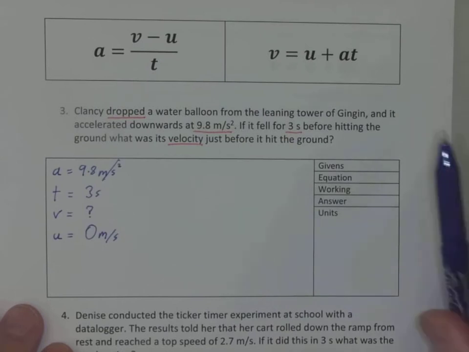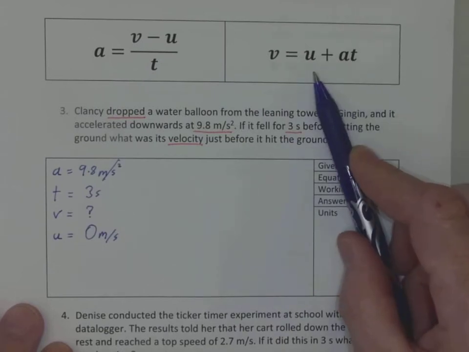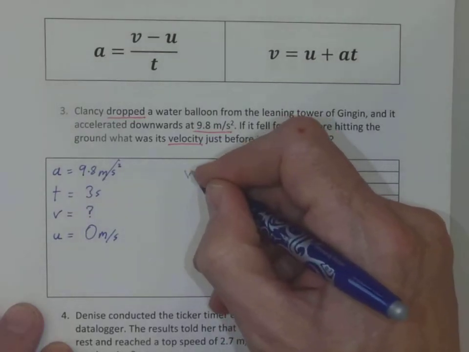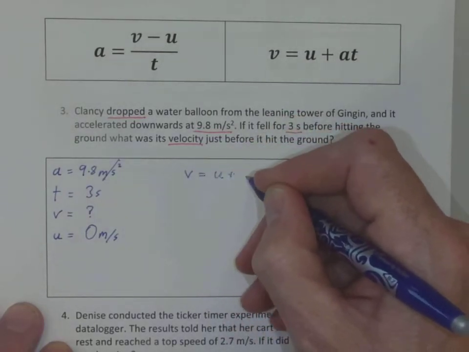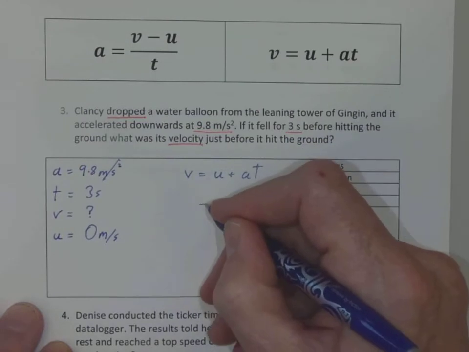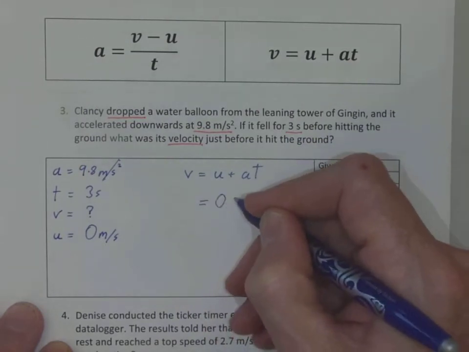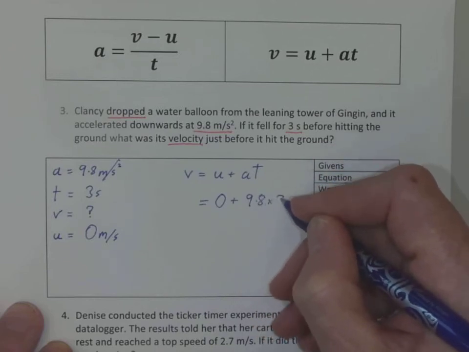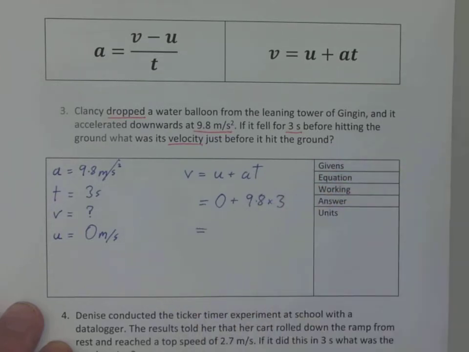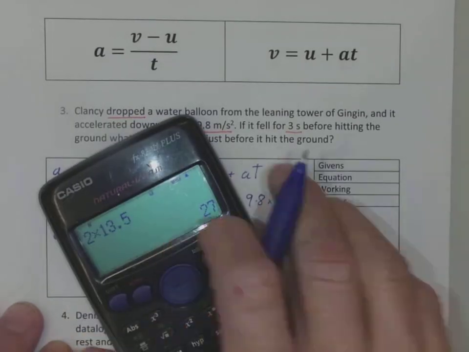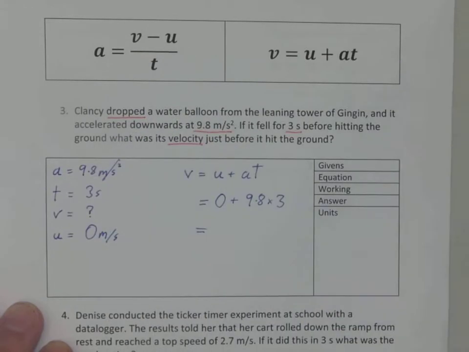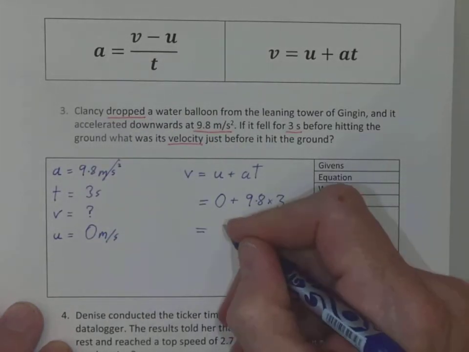Okay, so now I need to choose an equation. I'm looking for the final velocity. This equation here has the final velocity on the left-hand side of the equation already, so I don't have to rearrange everything, so I can just use this one. V equals U plus AT. I declare my equation. I show my working, which is 0 plus 9.8 times 3, and then I can give my answer. 9.8 times 3 equals 29.4, plus 0 is still 29.4